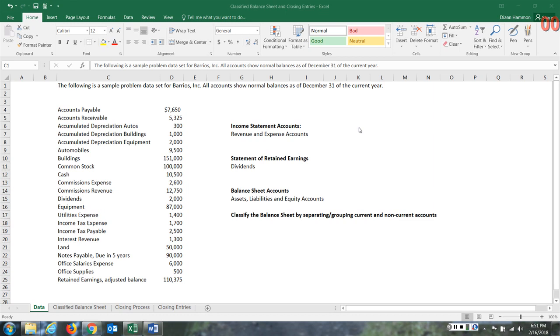The balance sheet accounts include all assets, liabilities, and equities. They do not include revenue, expense, or dividend accounts. Those have already been presented on other statements, so you do not present them on the balance sheet. Assets, liabilities, equity accounts. When we say classified balance sheet, what we mean is we are just classifying or separating,